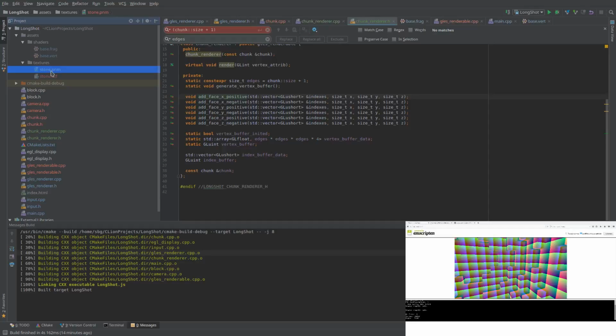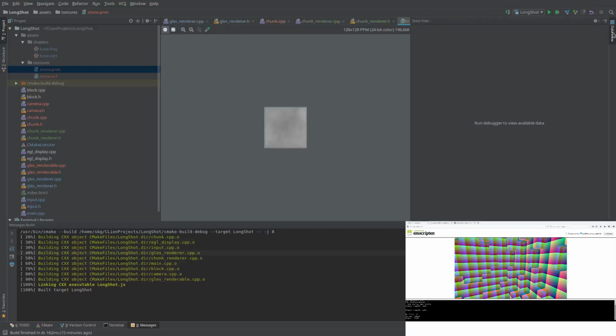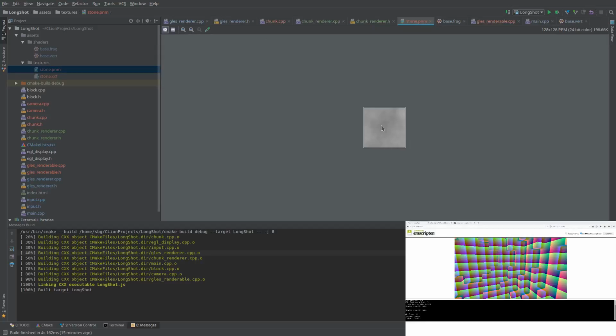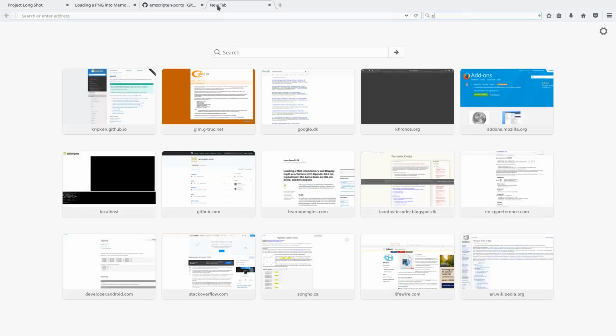If I try to open it, it actually shows me the PNM picture, which was not exactly my plan. I was kind of hoping to show you the actual texture, because it's just text, like a really simple format to work with. So if we just transition over here, we just find the file format for PNM,